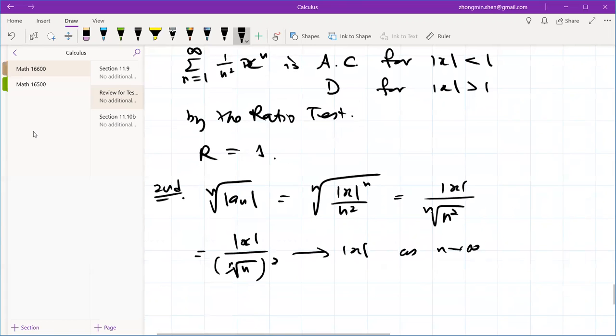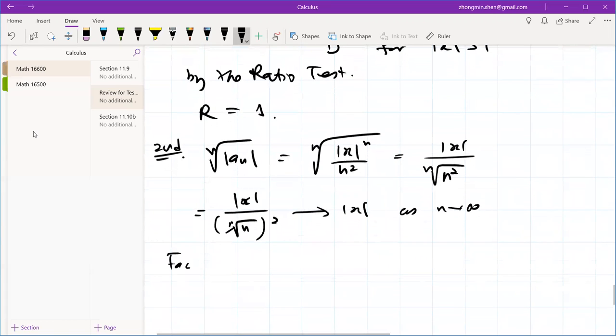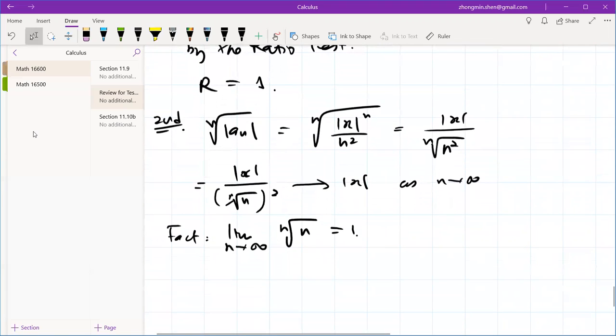Okay? I have to use the fact, as this is a fact that I've said several times, and I already gave a proof. Okay? So using this fact, the same idea, you can see that this series is convergent, right? And by the root test, it is clear that this one